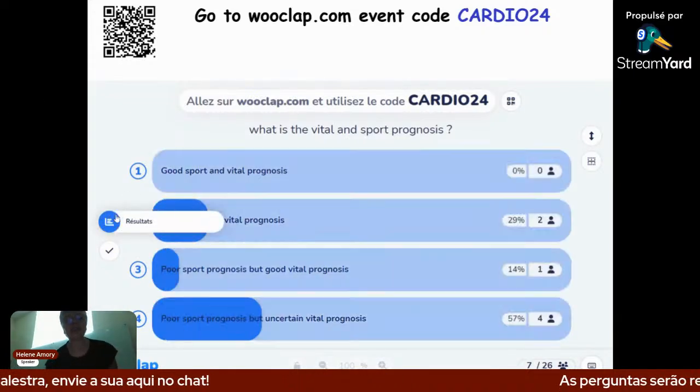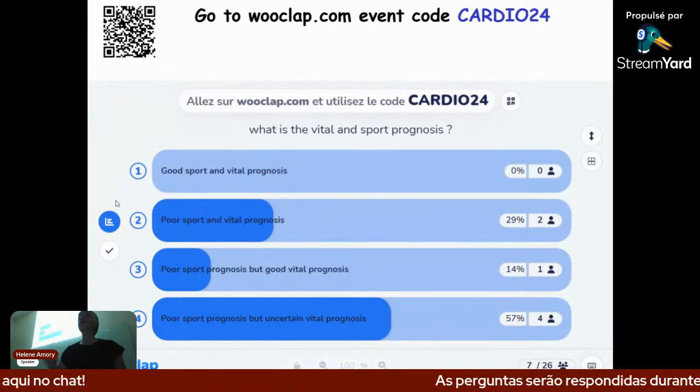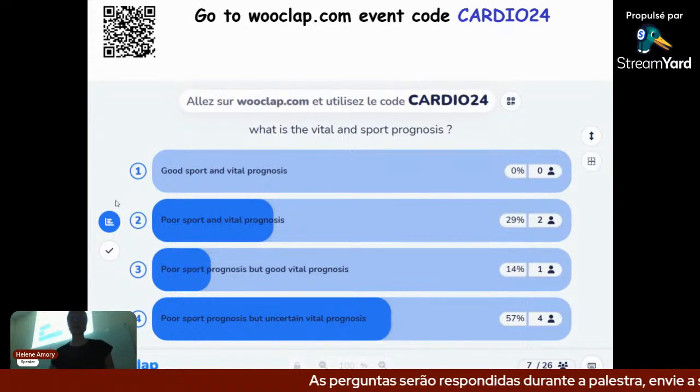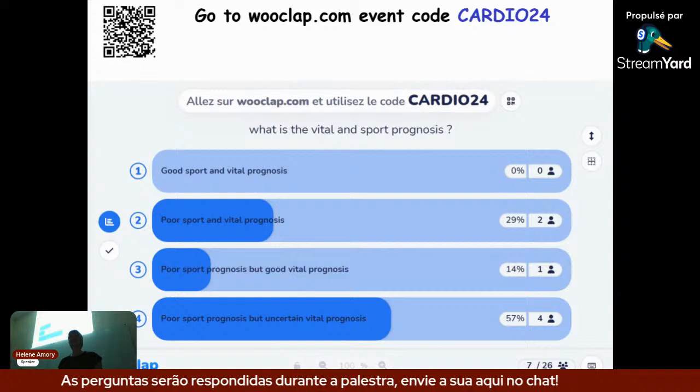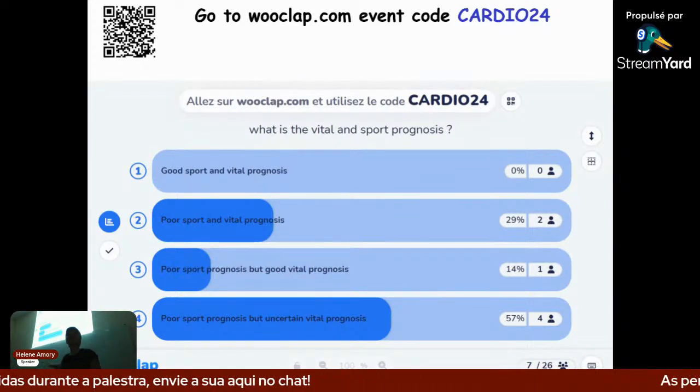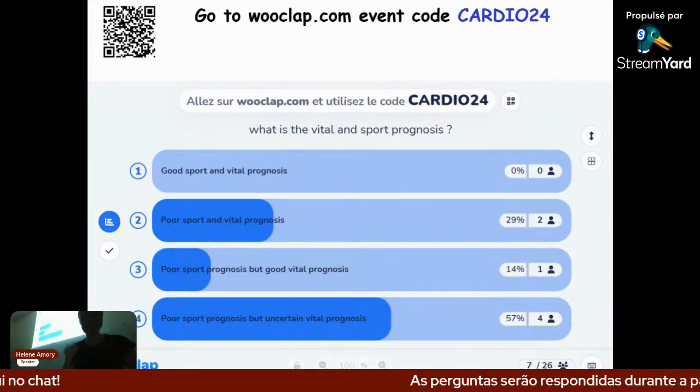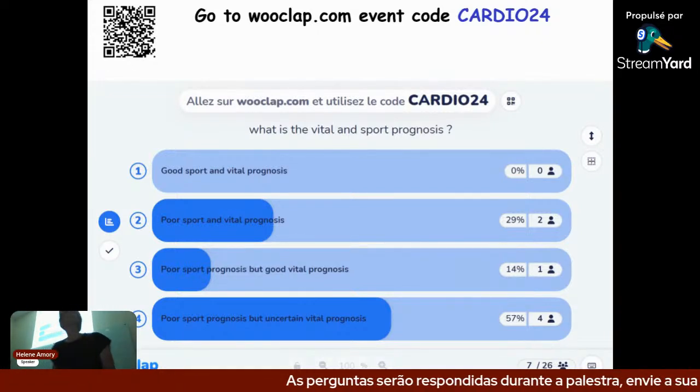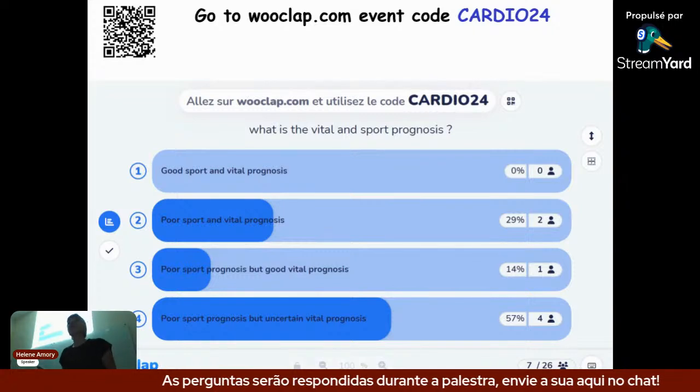Difficult. It's always difficult, really, really difficult to give a prognosis on cardiac cases anyway. Most of you say a poor prognosis, and we all agree, I think, that indeed this horse already has exercise intolerance. We are pretty sure it's associated with the cardiac problems. And vital prognosis, you never know.